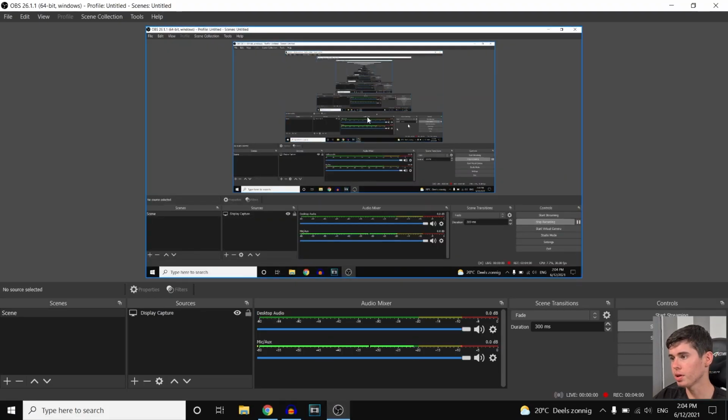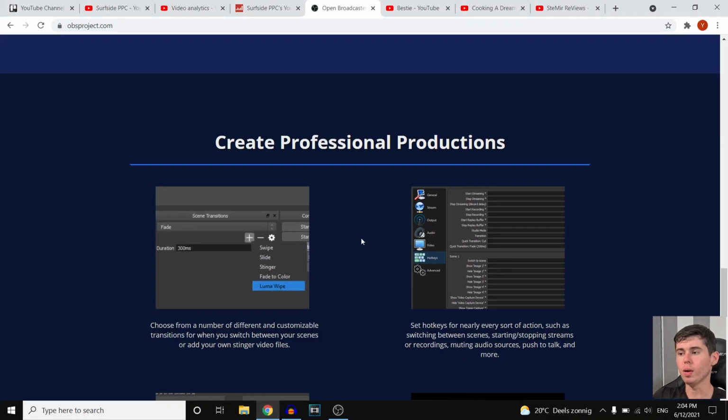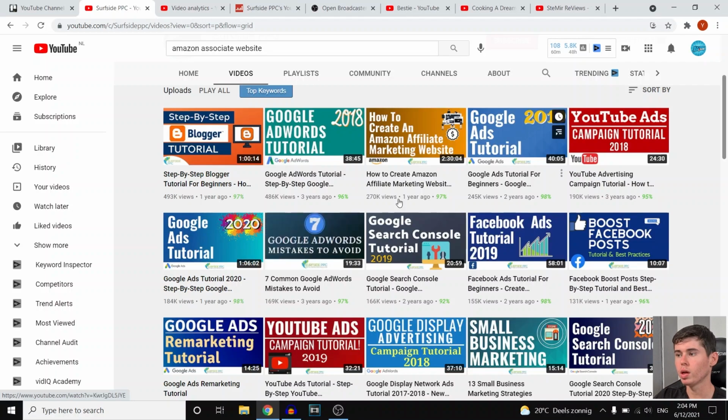And then as you can see, this is software. You can simply record your screen by clicking right there, and there you go. That's all you need. Now, once you click stop recording, the file is gonna save and you'll then have a video that you can upload to a channel just like this guy.